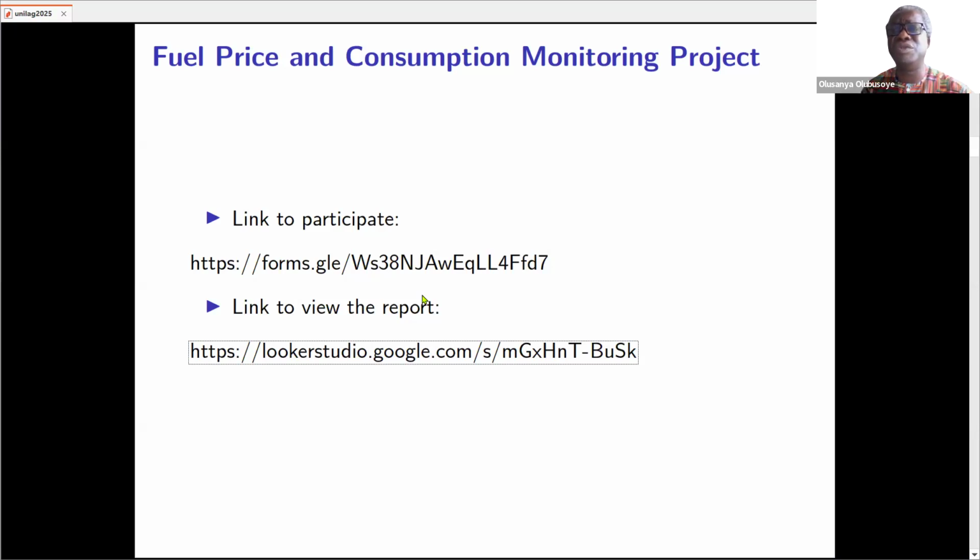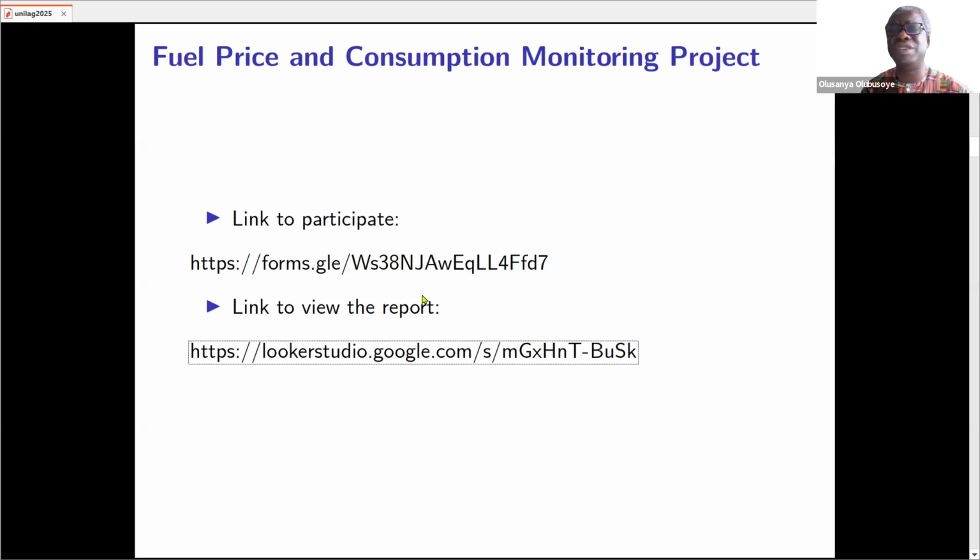We are going to use the data to reproduce this dashboard, and you will see how these figures change dynamically as you populate the data.